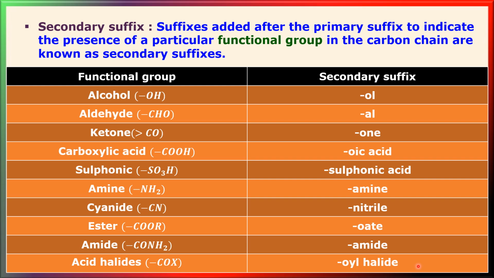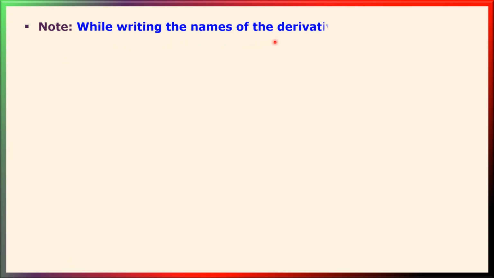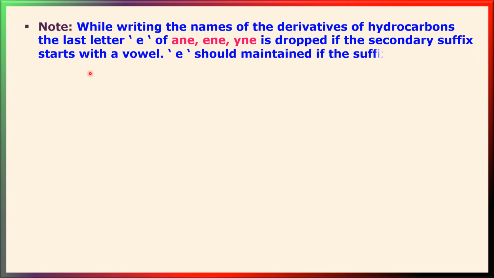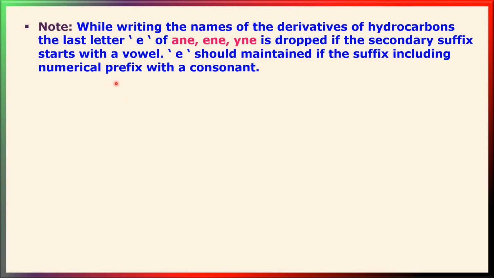Okay, like this, depending upon the functional group, we have to add the secondary suffixes to the primary suffix. So while writing the names of the derivatives of hydrocarbons, the last letter e of ane, ene, yne is dropped if the secondary suffix starts with a vowel. The e should be maintained if the suffix starts with a consonant. You see here,